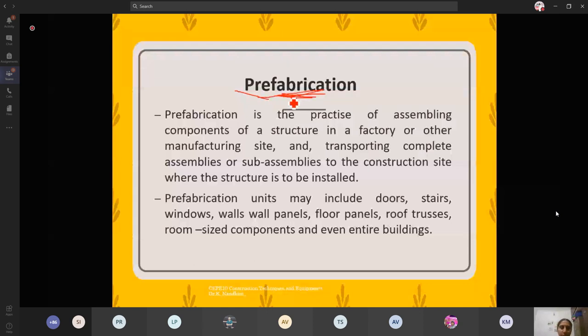in your site. Prefabrication is a practice of assembling components of a structure in a factory or other manufacturing sites. Generally, you do have off-site and on-site. Off-site is nothing but you do it in your factory. This is called prefabricated structures. On-site is your general conventional method of doing your concrete work in the site, and off-site is nothing but